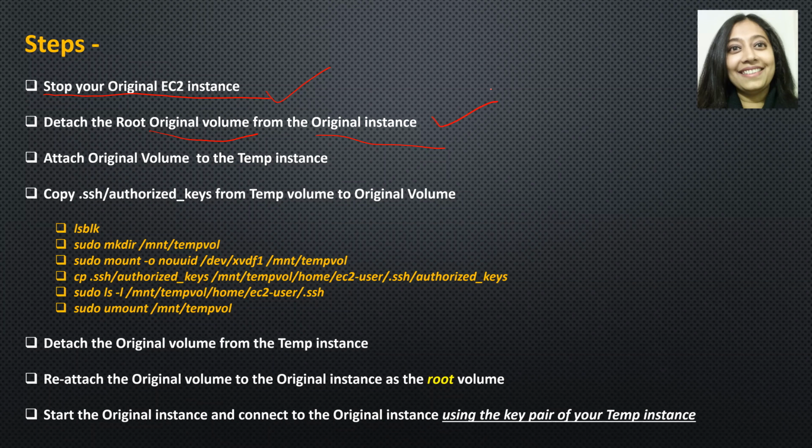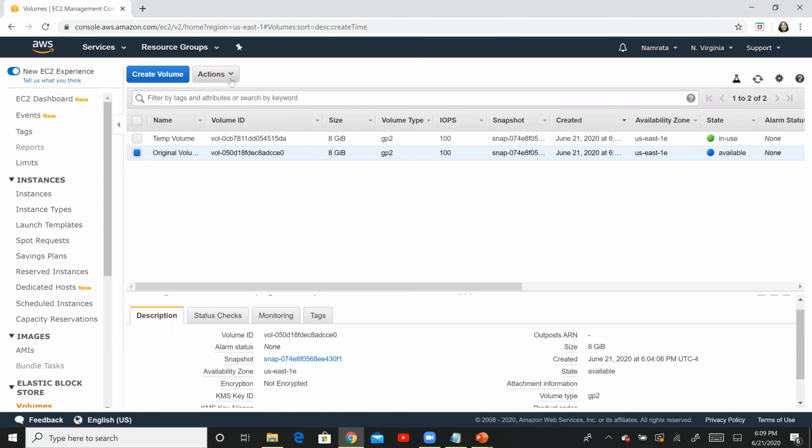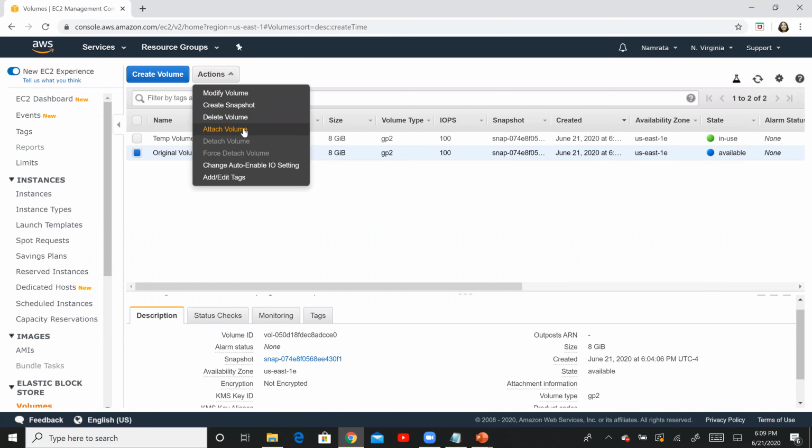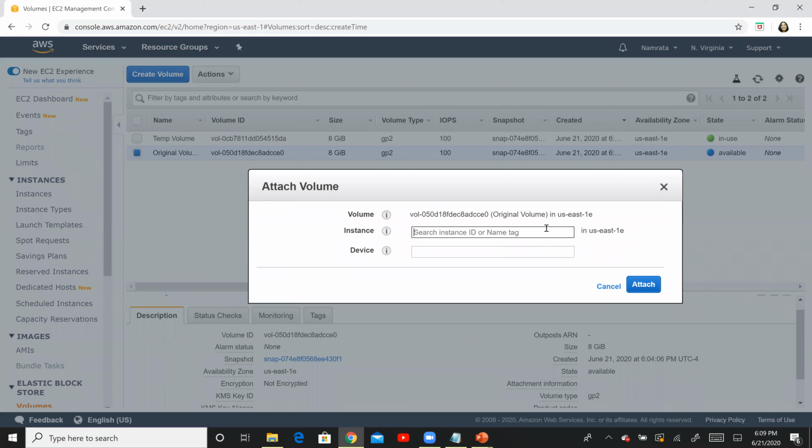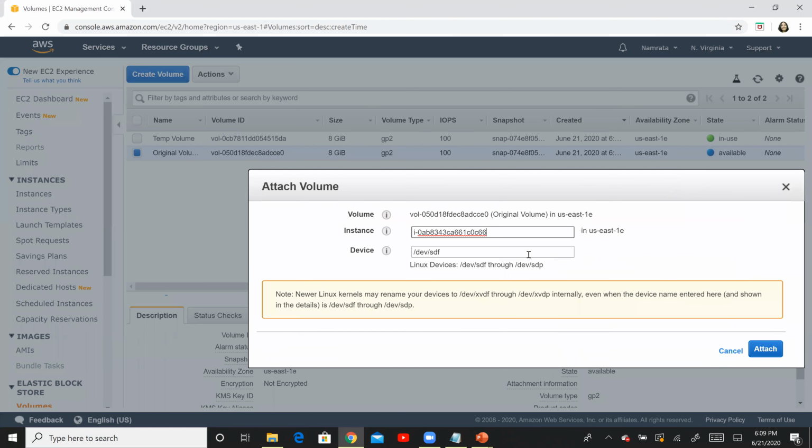The next thing that we need to do is attach this original volume to the temp instance. So we go over here, go to actions, and say attach volume. But remember that we have to attach this to our temp instance. Our temp instance is the instance that is running, so this is our temp instance. Don't worry about which device it is going to attach this volume to.